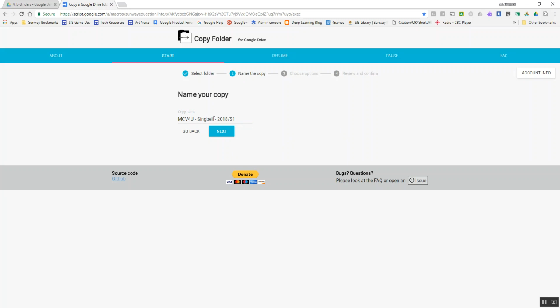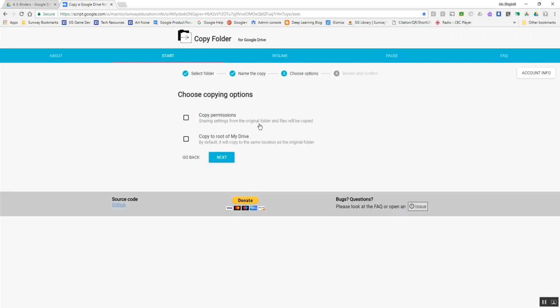So this is the correct format for an eBinder. To have the name of the course, your name, or if you're teaching with a group, you'd have all the teacher names, and then you have the year, and then you have the semester. Then we press next, and you do not need to copy permissions. However, I do recommend that you copy to the root of your drive. So you keep this box unchecked, but you keep this box checked. Then you press next,